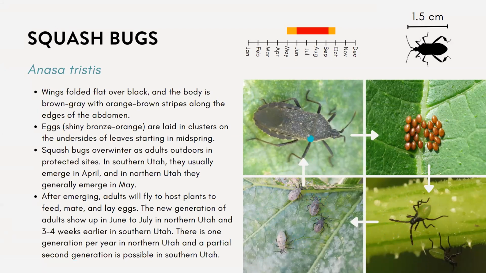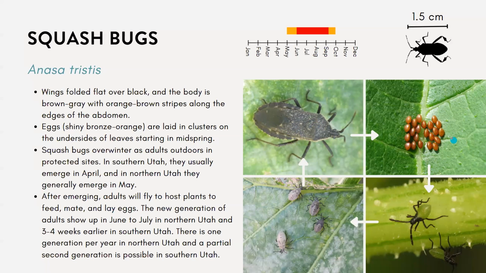So squash bugs overwinter in the adult stage, outdoors in protected sites. So this could be like wood piles or other debris. And then once they emerge in the spring, the adults will fly to the host plant. They will feed, mate, lay their eggs, and then continue that generation. So in Utah, in northern Utah, we have about one generation, and then in southern Utah, it's about one and